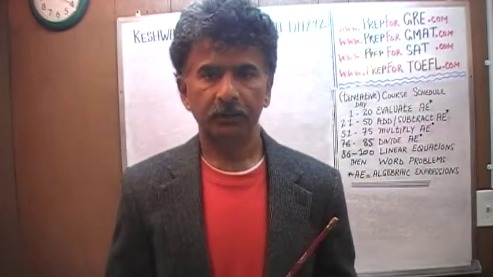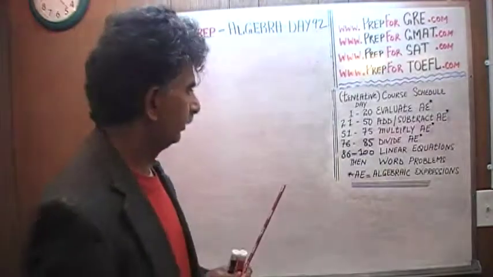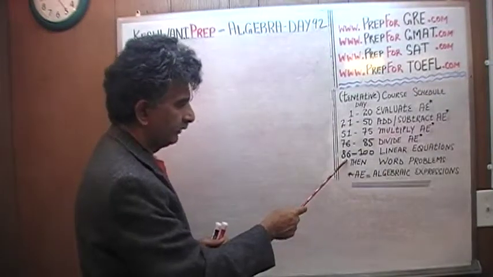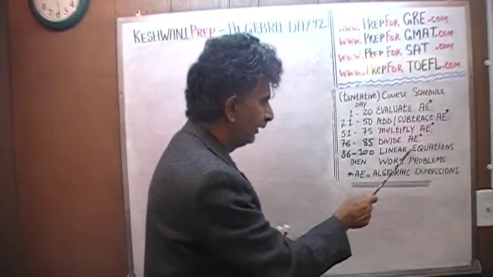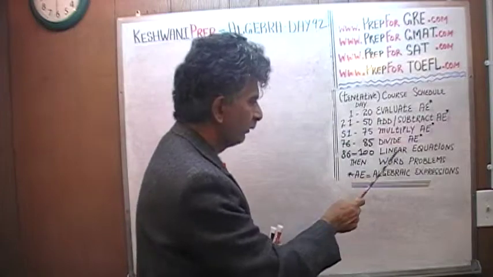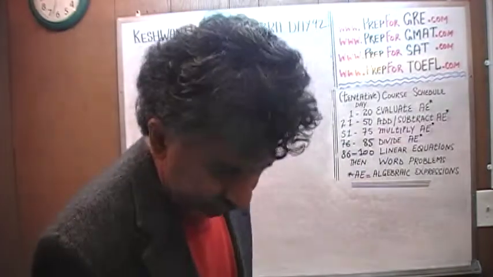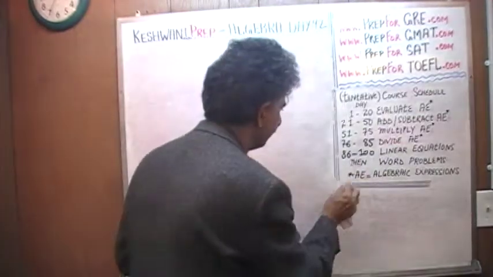We are here because we want to learn algebra. Today is our lesson number 92, day number 92, right here in the schedule 86 through 100. We are in the process of learning how to solve linear equations. After we finish linear equations on day number 100, then beginning with day number 101,